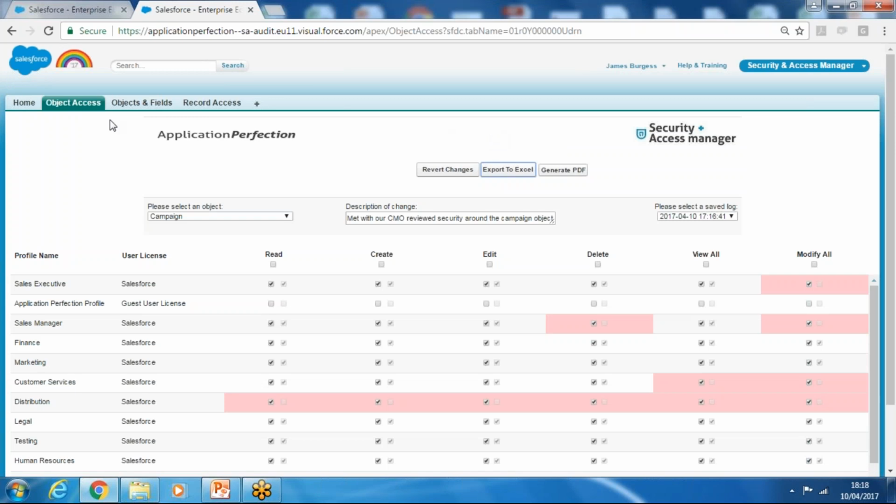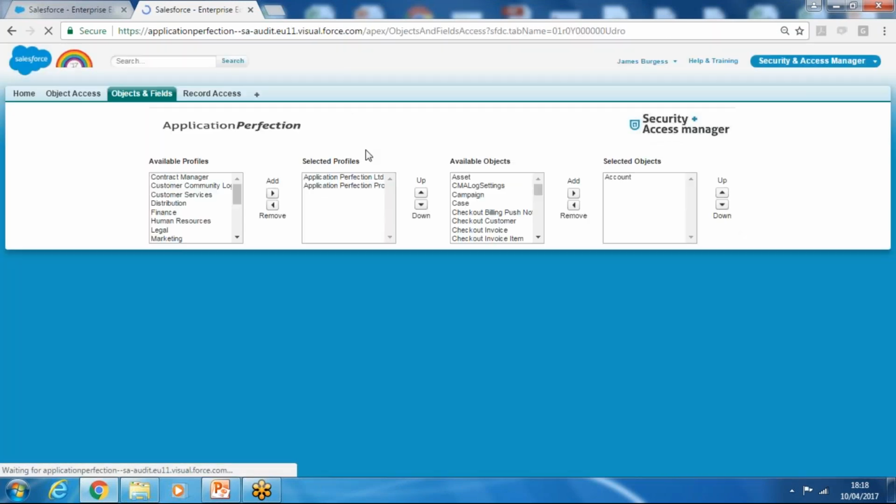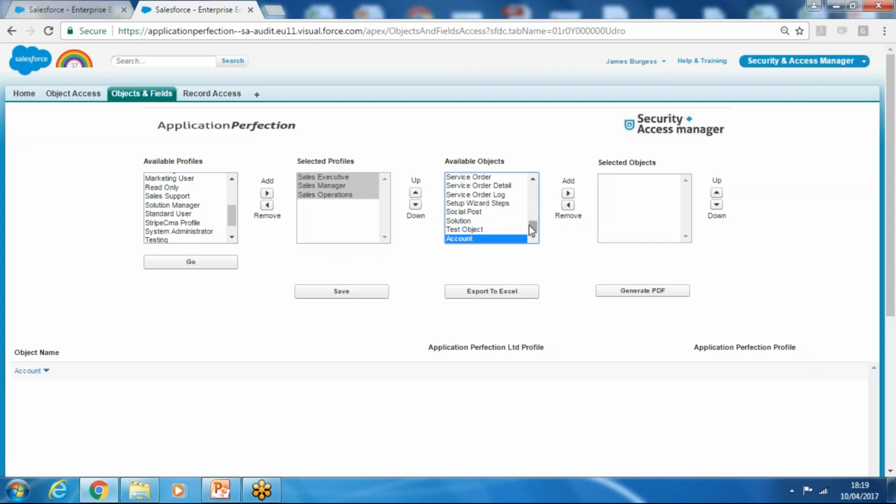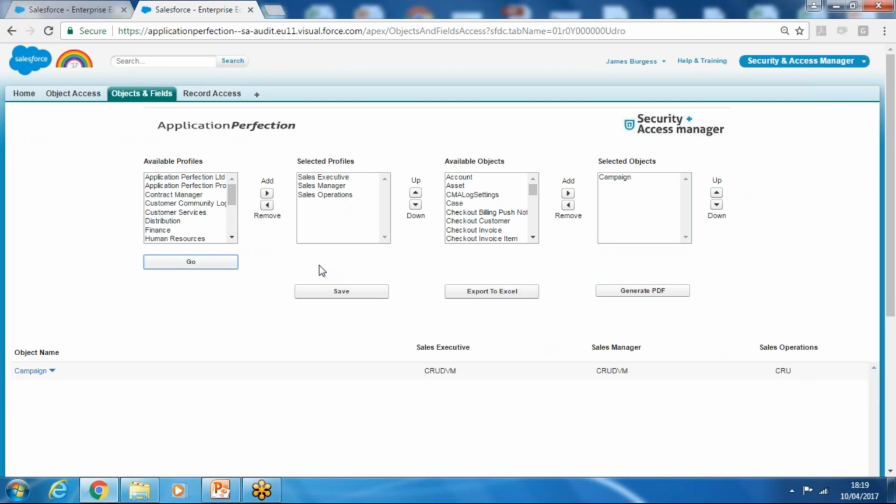So moving on to the next tab, objects and fields. You've just seen how we can lock down security at an object level. Now I'll show you how you can do it from a field level. So let's select some sales managers or sales profiles. We'll use the campaign object again, hit go, and here you can see the actual fields,